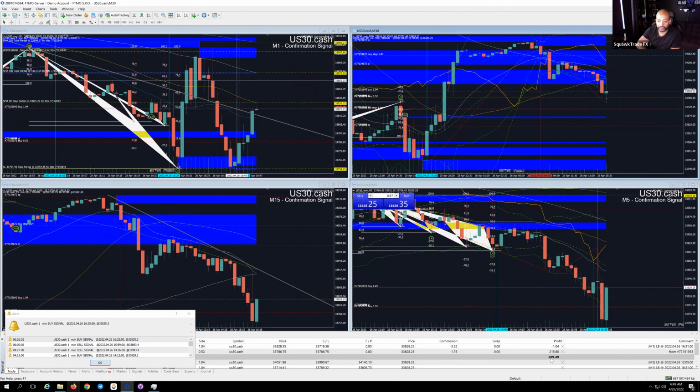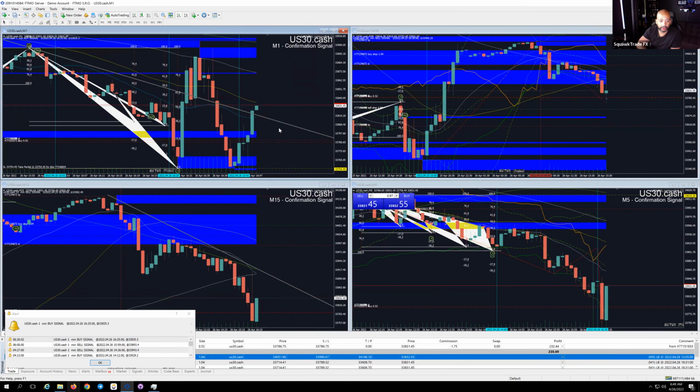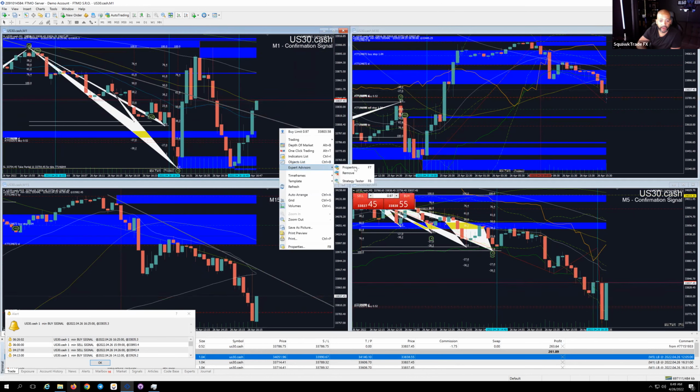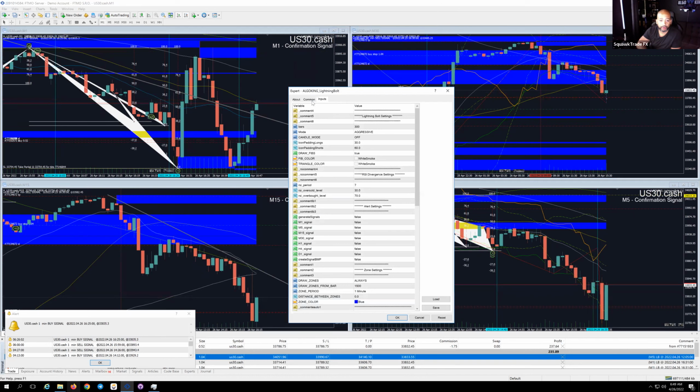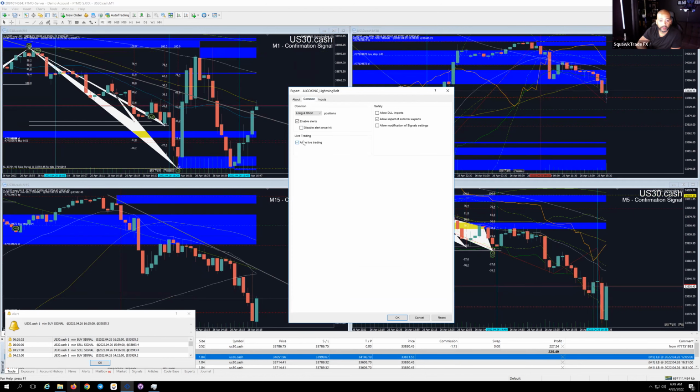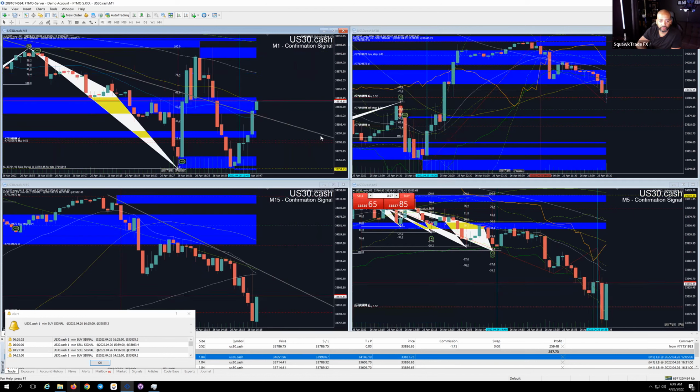I don't like this thing making decisions for me. I'm going to close this out on that one, and I'm going to disable the live trading on the M1. It's buying in a lot. For me right now, with all these entries, it's looking at opportunities and re-entries per candle, and it's